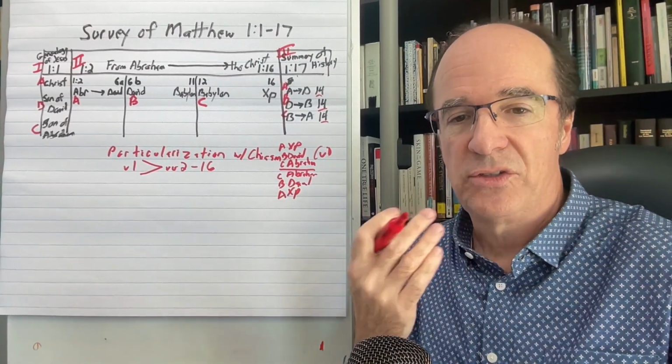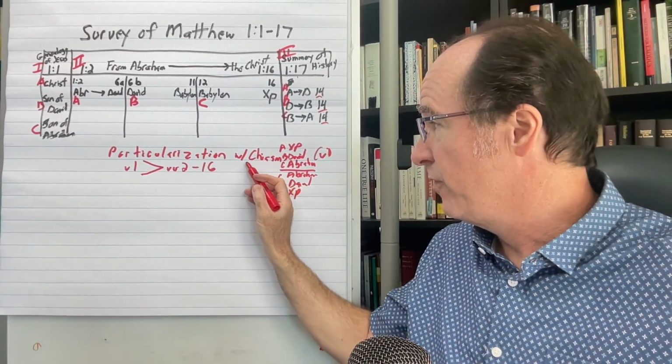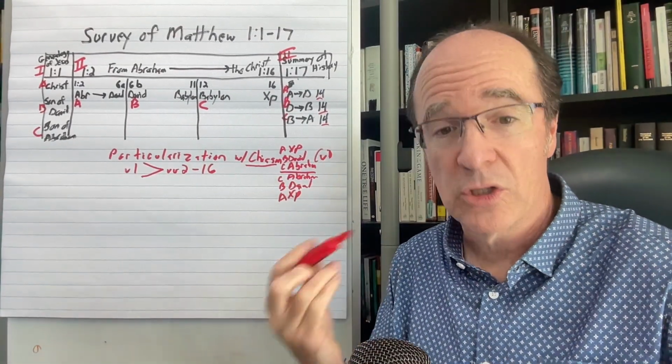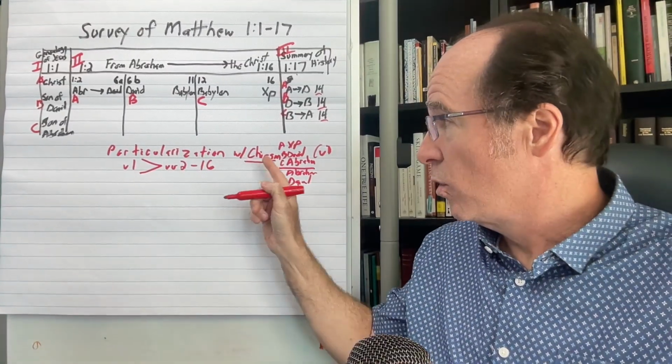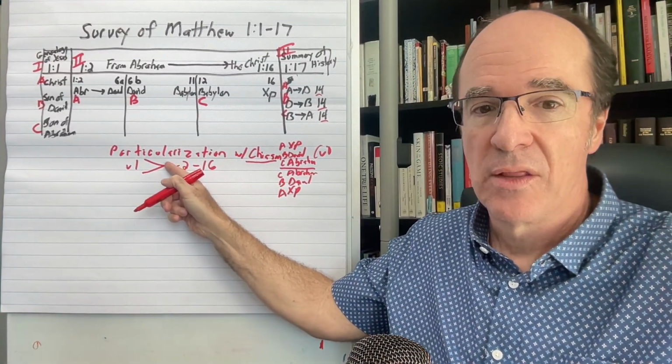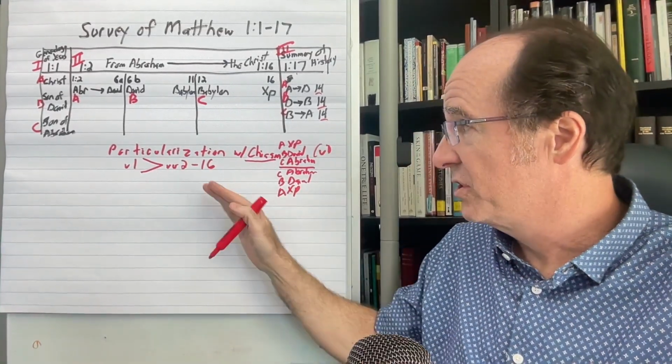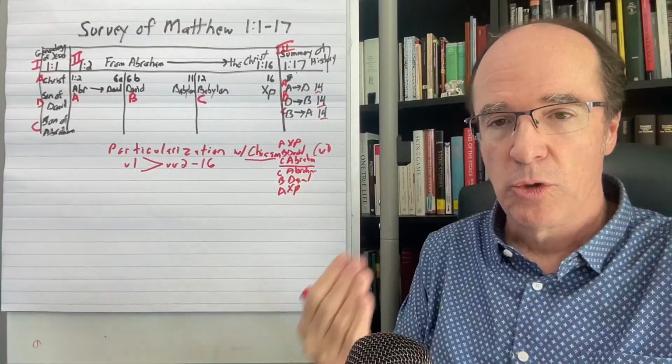And I do want to remind you that whenever you find an auxiliary structure like chiasm or inclusio, you're always going to connect it back with another major structure. Okay, that's the first structure. Now, also part of